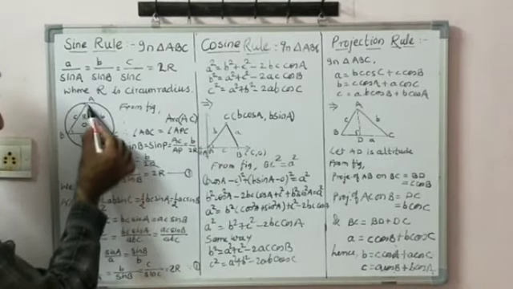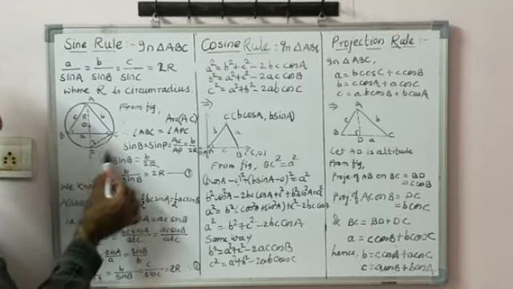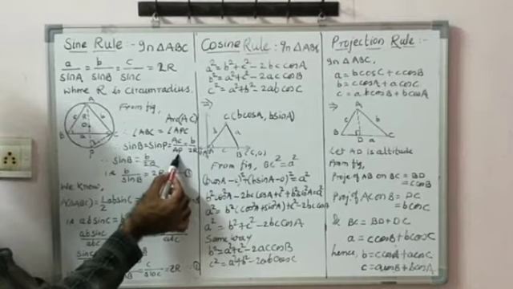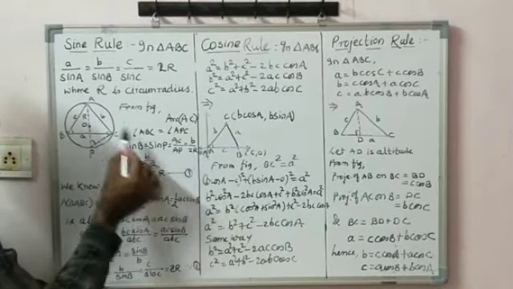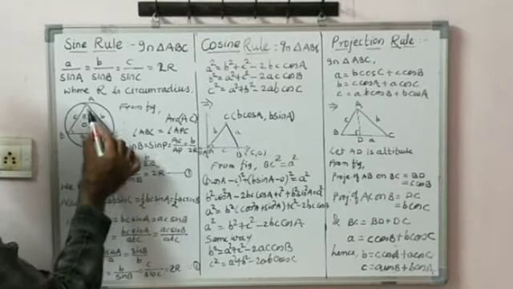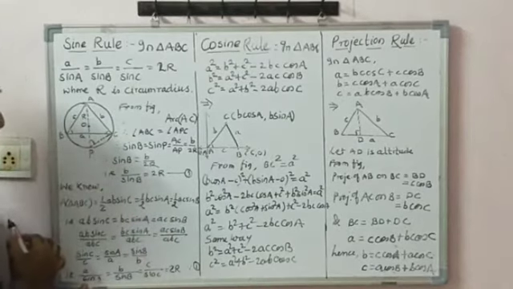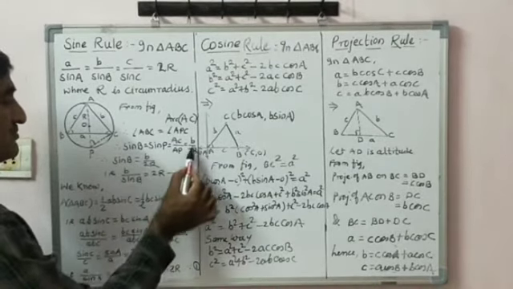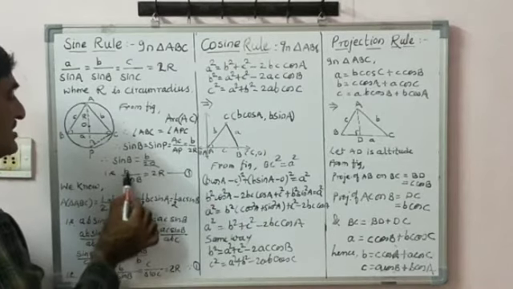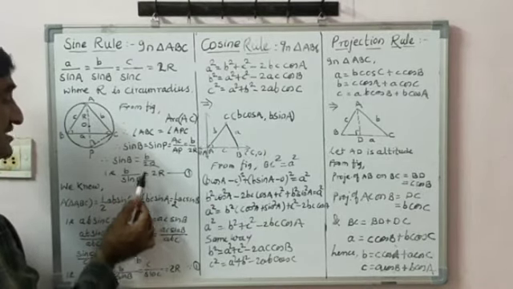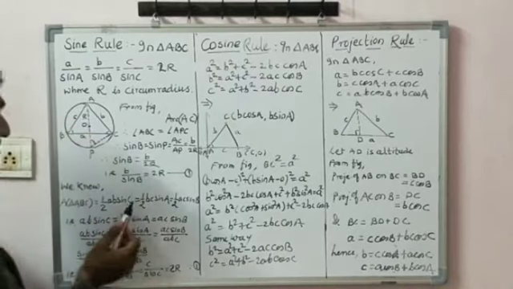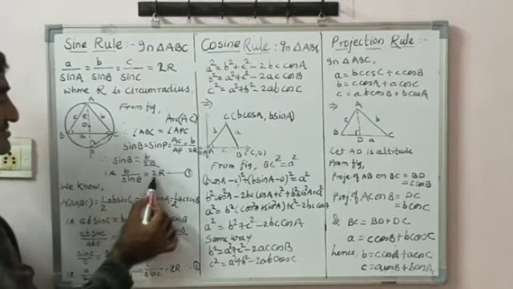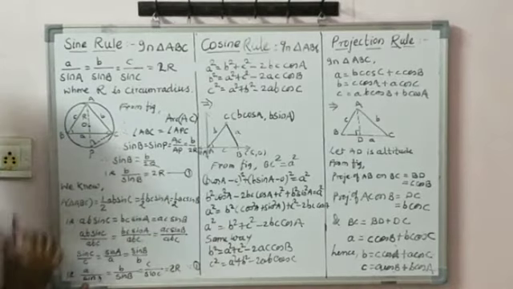And in right triangle ACP, sine P is equal to opposite side upon hypotenuse. Here it is b upon twice R. This is the opposite side of P and this is the hypotenuse. Therefore sine B is equal to b upon 2R. For b upon sine B, take its reciprocal. Here we rewrite b upon sine B is equal to twice R. Let this be equation number 1.